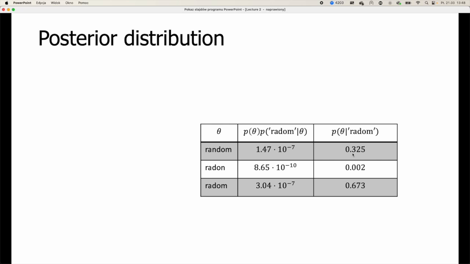There is 67% for radom, 30-something% for random, but there is still 0.2% for radon, which might be relevant in certain cases, for example if it was a shipment of a radioactive substance and someone made a typo. We shouldn't ignore that, depending again on the